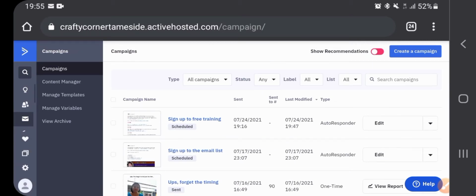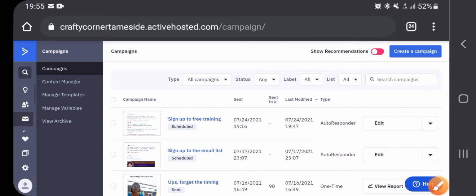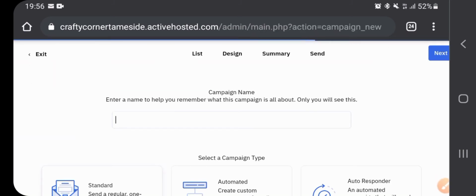For example, if you want to send a promotional email or a regular email to your mailing list, to work with your mailing list, like email marketing mails or messages, then you can use this tool as well. You just press this create a campaign button,